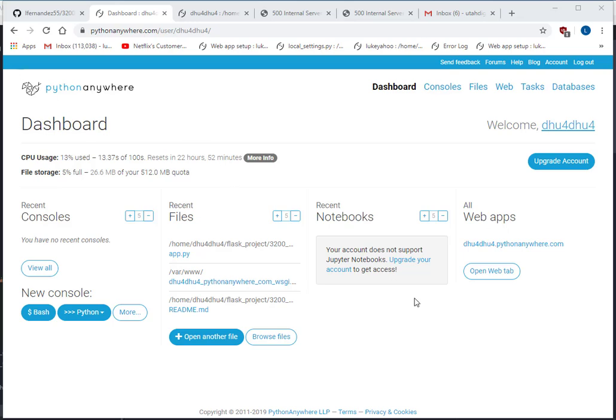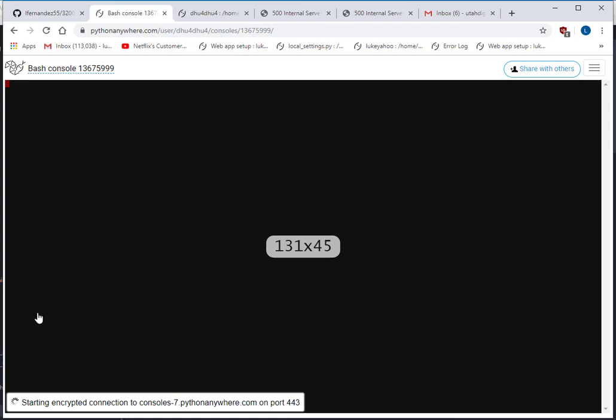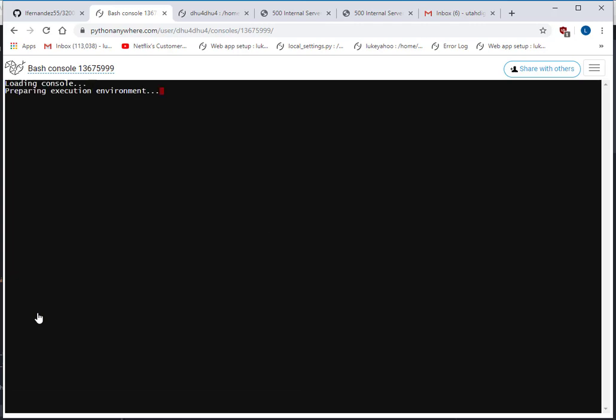okay, sorry for the little glitch. What was going on was I was trying to make a virtual environment from the wrong path in the console. So you need to do it from the root, it looks like. So go into your dashboard, click Bash, and it loads the Bash console at the root location, it looks like. And then you type in this,